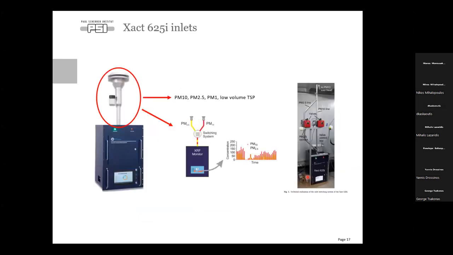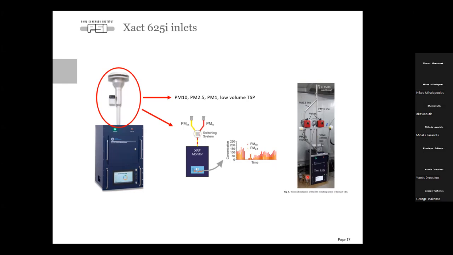So now I'm gonna show you some examples of those different approaches. And first, I'm gonna talk to you about the online source apportionment application, and I'm gonna be focused more on the EXACT data, since this instrument is not so new, but it has not been used widely in recent years, and maybe there's still some ground for discussion on how to best implement and how to best utilize the data that come from this instrument.